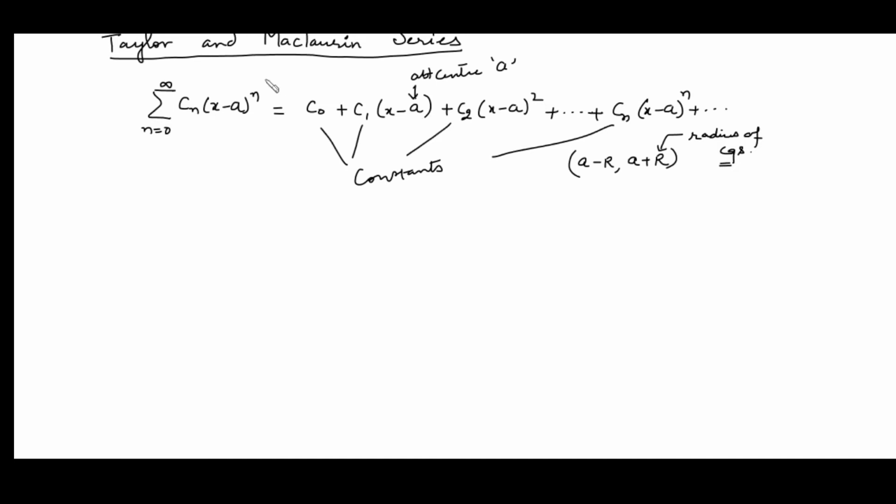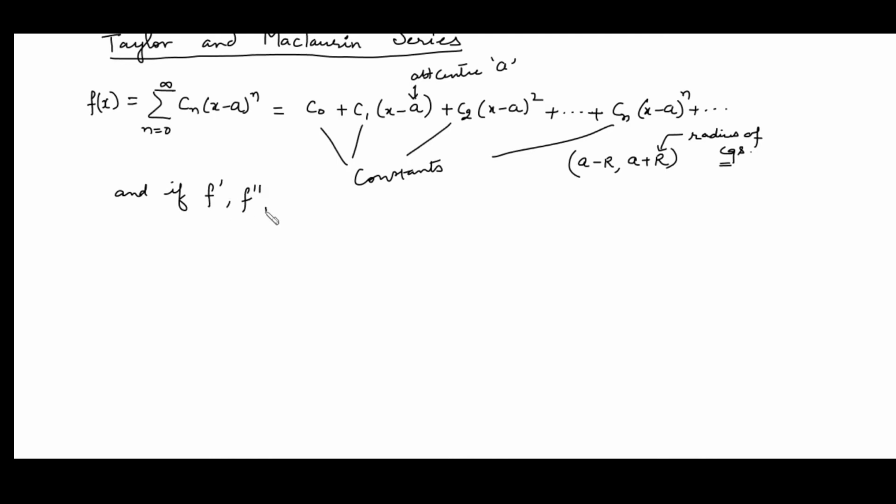So we are having a power series about the center a, which is convergent over the interval a minus r to a plus r. Now if it is convergent, then clearly it converges to some function of x. So given that this power series is converging to f(x) over this interval,